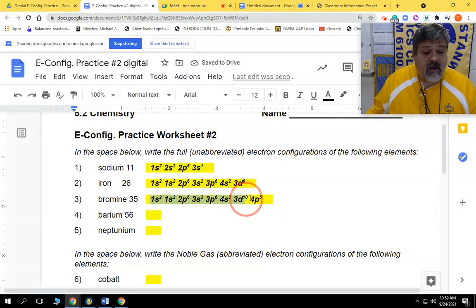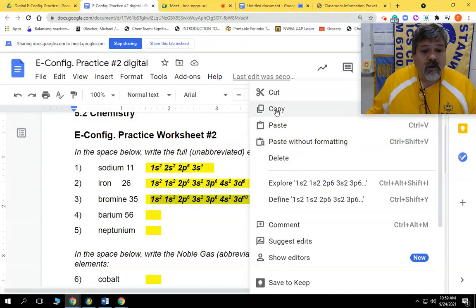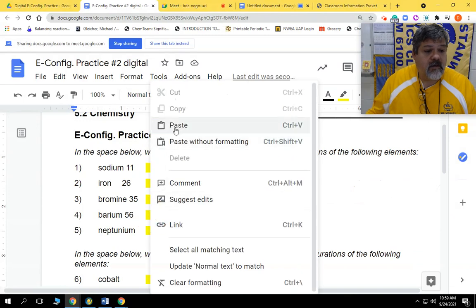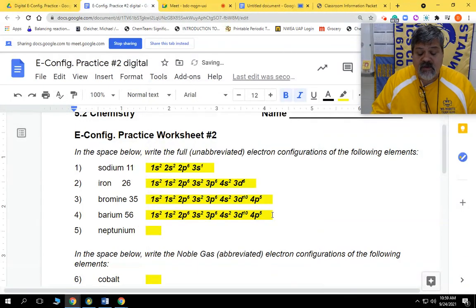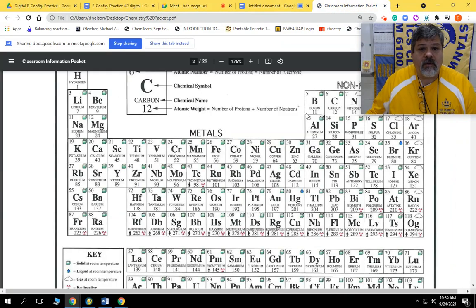So we're going to go ahead and copy all of these ones right here. We're going to copy, and we're going to paste them in right there. And then we're going to go after that. Now the p changes to a 6. And we're going to do the rest. Let me go back to the periodic table. So I went through 4p6. So 4p6 is right here. And then we're going over here, and this will be 5s2. 4d all the way through here is 10. Back up to 5 for the p's, 5p6. And then it's going to be